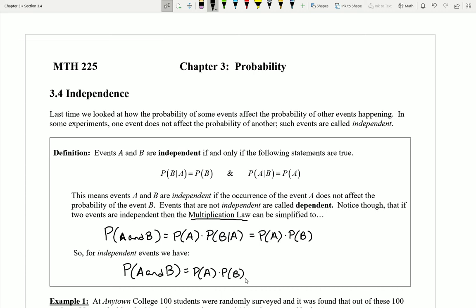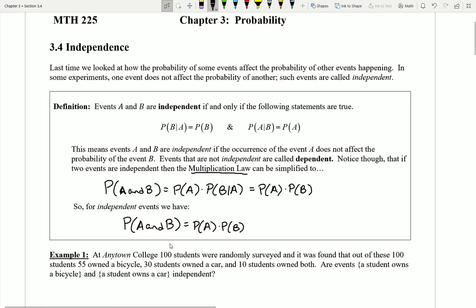Okay, now this can be a lot here at the start, so it's important to narrow down a couple things. First off, we know that this formula here in red worked when I had dependent events. However, if I end up with independent events, this formula can be updated to a simpler version. It's also going to be the case that I can kind of use this blue formula down here to confirm that events are independent if I'm not sure if they were independent from the beginning. And we'll see a little bit more about how to do that in the next video.